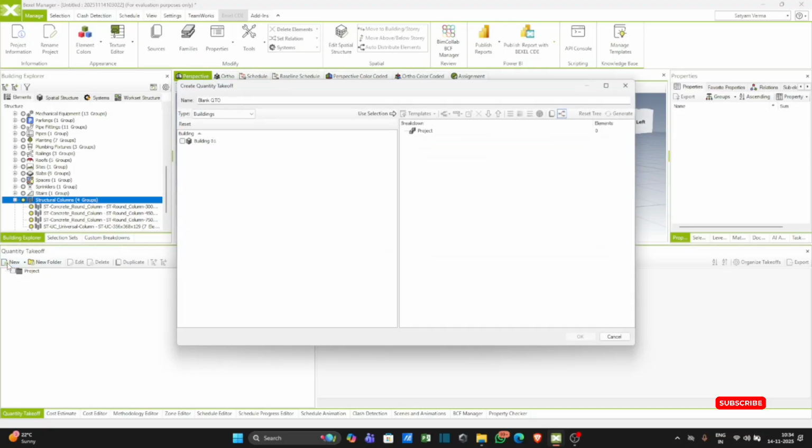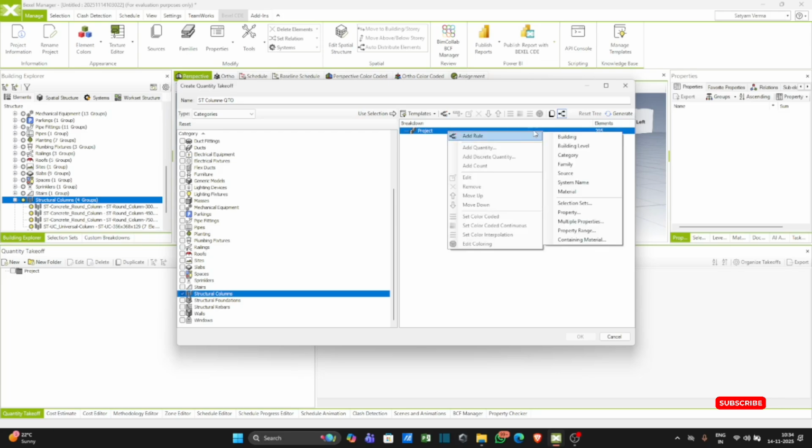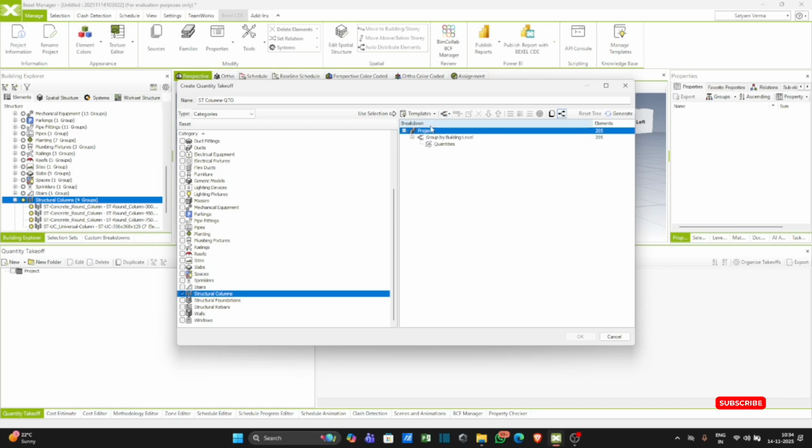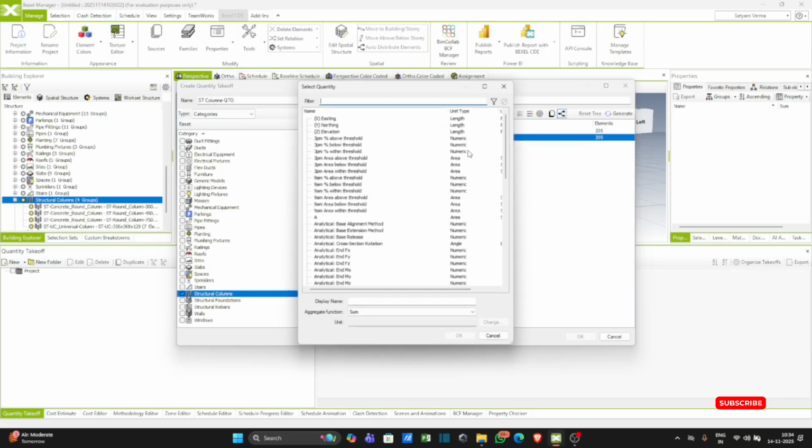So go to new, type structural column quantity takeoff, building categories. Here select structural column. Okay, the element count shows 205. Now we add building level. In building level, now we add quantity.